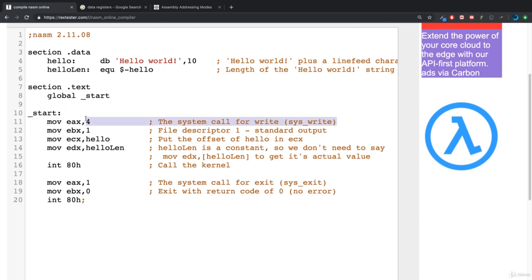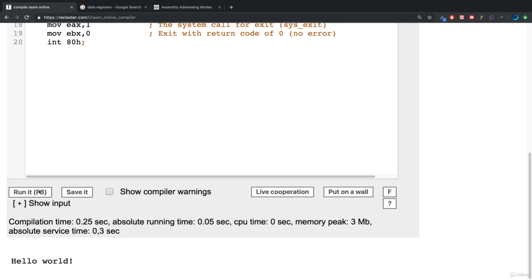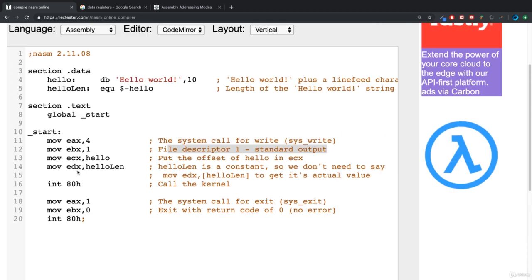present. It's going to do some sort of write, and number one for the EBX register means it's going to be some sort of standard output that's going to be pumped to the console, and when we run it we get hello world. But this